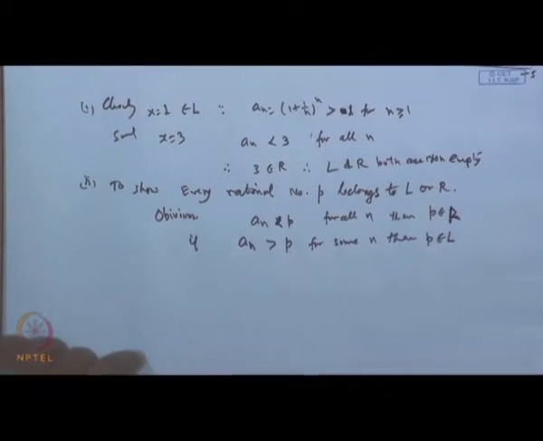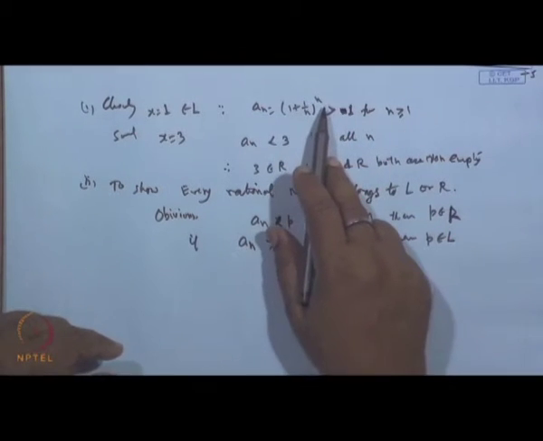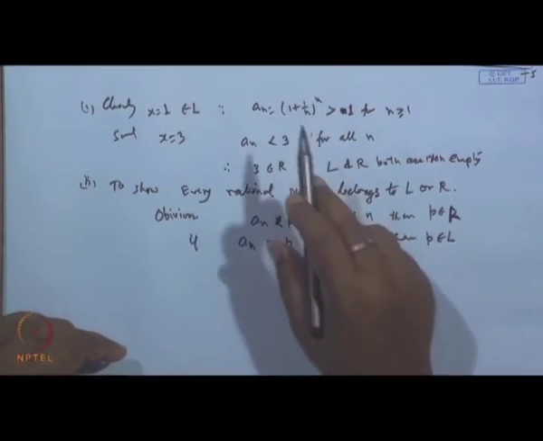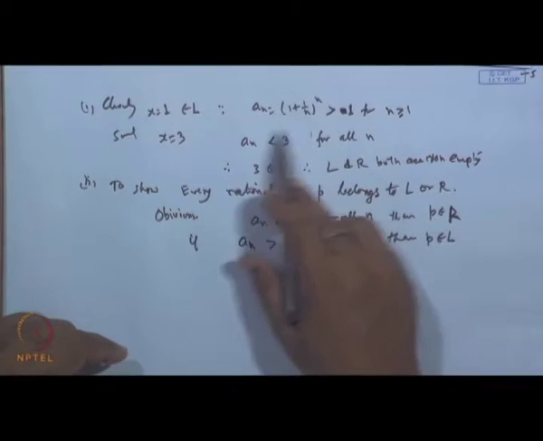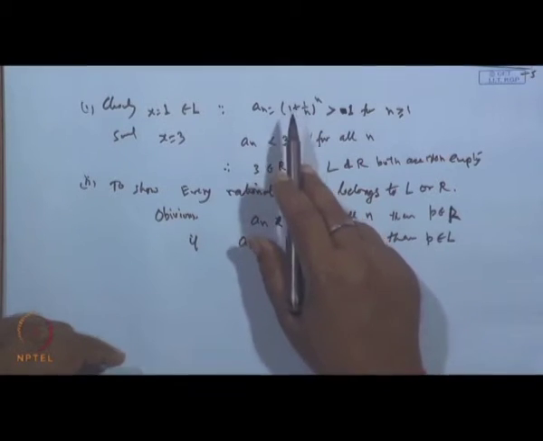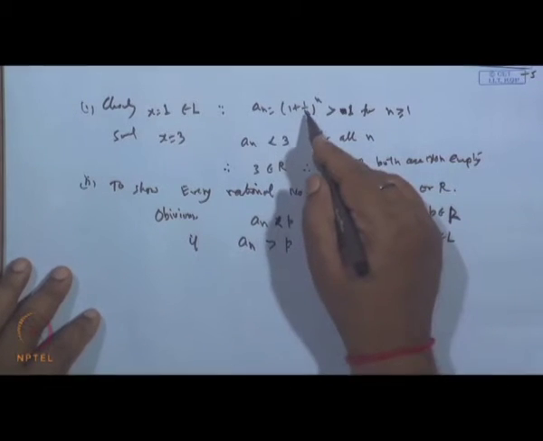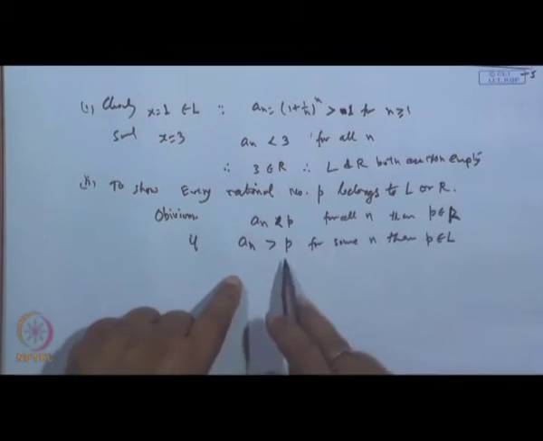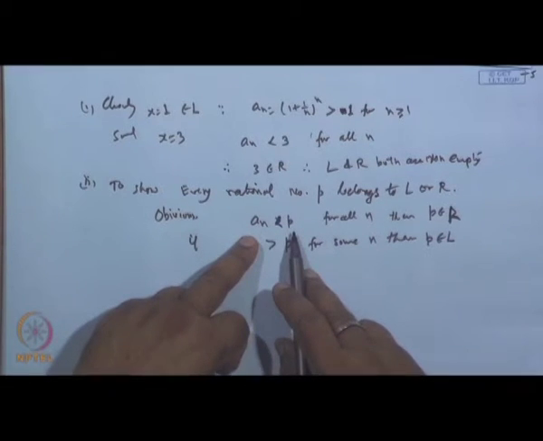So, take any p, suppose I take p as 2, then you can consider (1 plus 1 by n) to the power n. Then you can choose n in such a way that after a certain stage it will satisfy this condition, because the limiting value of this is e, lying below 3, is it not? If I expand it, 1 plus 1 plus 1 by 2 factorial and so on. So, if all the numbers are less than 3, say, then all the numbers are also less than 4.